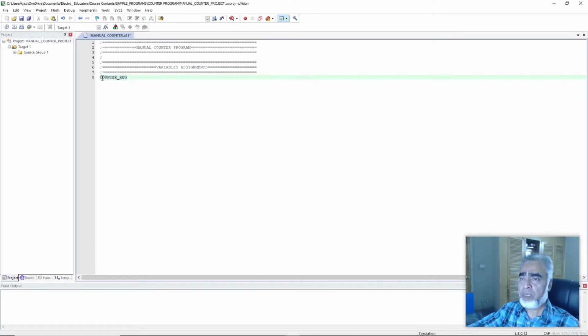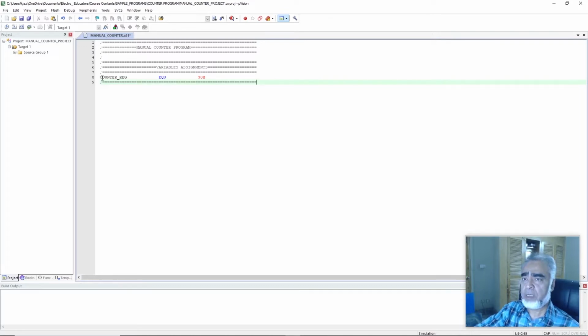And we'll assign the location, that is 30H, to this counter reg, and we will write EQU, and here we will write that is 30H. We can add more variables as and when required in our program. So here we will close this session, and now we will write the ports assignments, and we will assign a